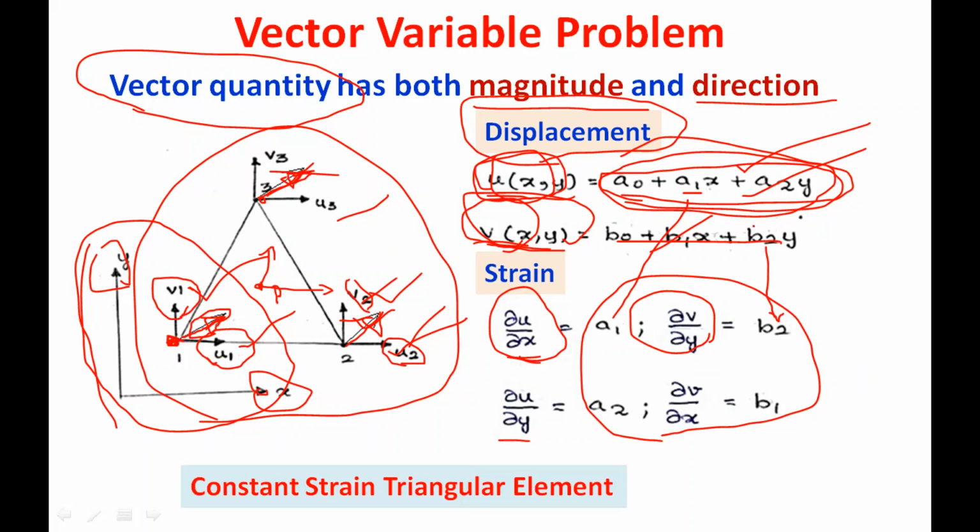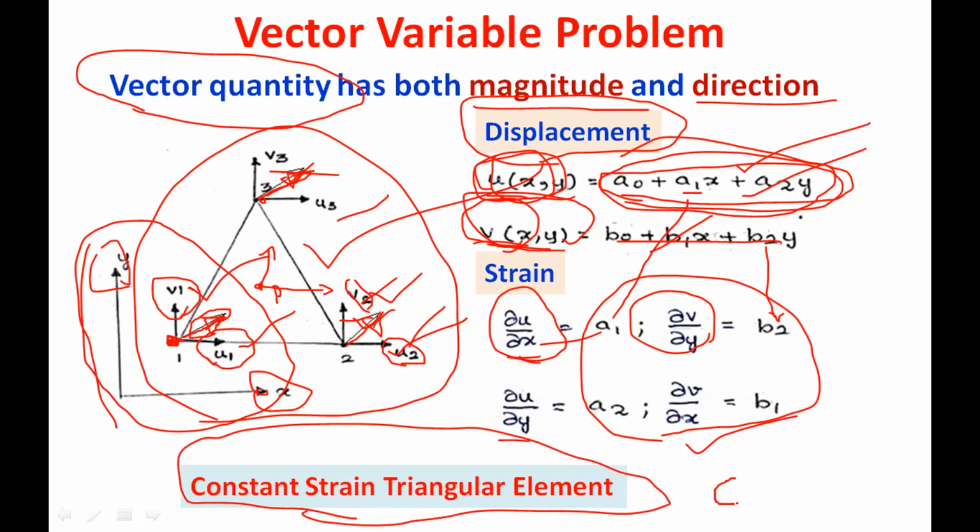When we use this type of bilinear polynomial, or when we use this linear element to solve the problem, our strain is going to be constant in all directions, x direction as well as y direction, and shear strain. So when the strain is constant, we are going to say this element is a constant strain triangular element, or otherwise simply we will say CST element. So what is a CST element? Constant strain triangular element. That means when we use this type of CST element, we will get a constant strain. If strain is constant, it means stress will be constant.